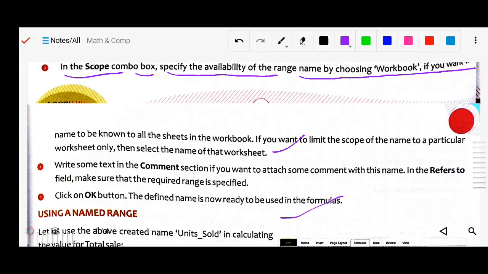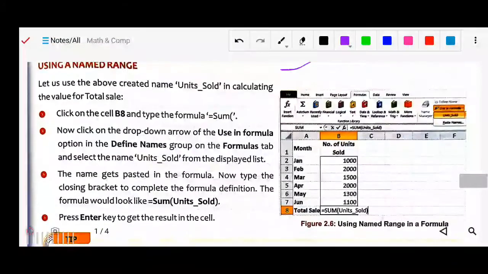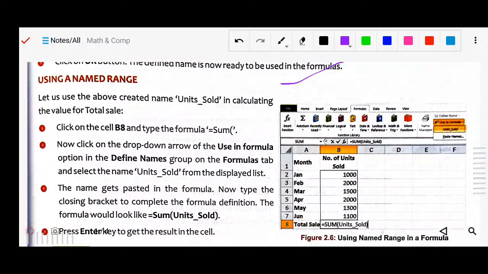So now that range is selected. Now, how will we use that range further? What are the steps we will follow? Using the named range, how can we add it? Here you can see values are given, and I have to add them. We already know two methods: one by one you can add, or second, select the range with the equal sign, SUM, and select the range.